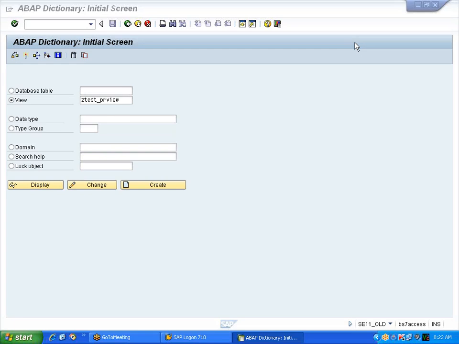Go to the SE11 transaction, the ABAP Data Dictionary, select the radio button Views here and provide some name which